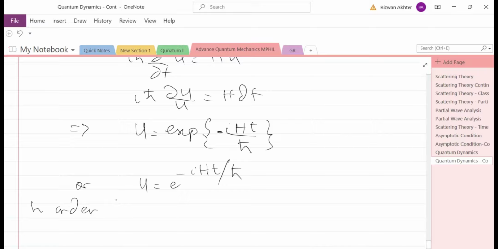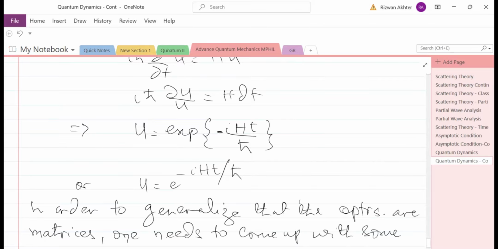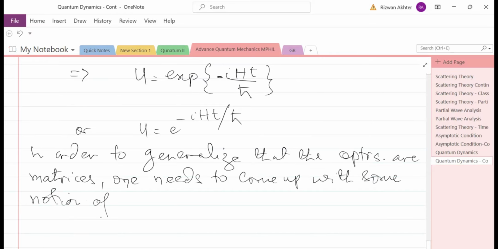So in order to generalize that the operators are matrices rather than numbers, one needs to come up with some notion of exponential of matrices. What does that mean? Exponential of matrices means that